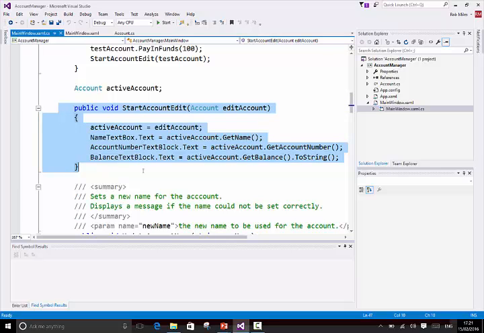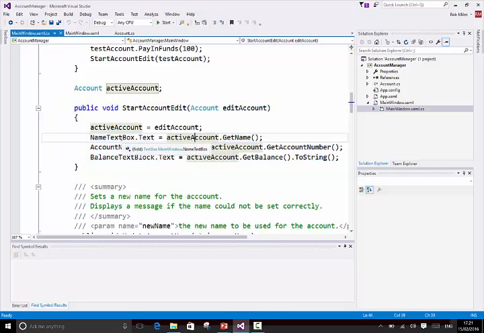And he'll have a friend called, well, will he have a friend called end account edit? Maybe he won't. But this is the one which basically says, I'm going to make a note of which is the active account we're editing. I'm going to fetch his name, and I'm going to put it on the name text box. Then I'm going to fetch his account number, and I'm going to put that on the account number text box. Then I'm going to get his balance, which is a number, and I'll convert it into a string, and I'll put that on the